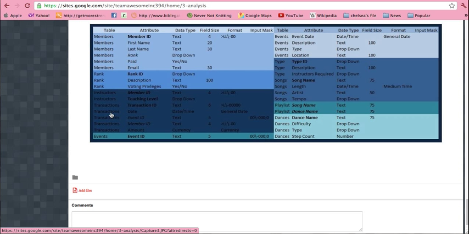Next, we have the transaction table. So we have the transaction ID as the primary key. Event ID and member ID are foreign keys pulled from their respective tables. The date and the amount is really important for understanding each transaction. Next, we have the events table, which is